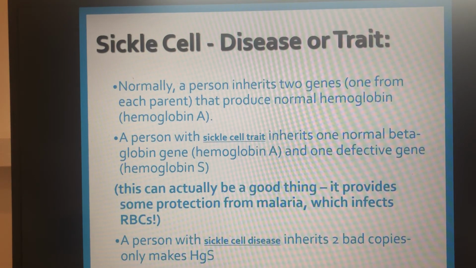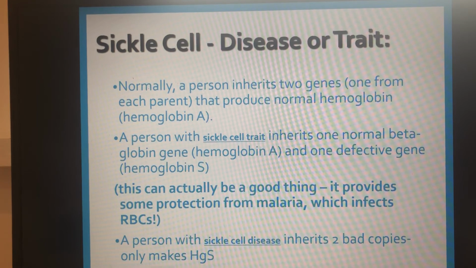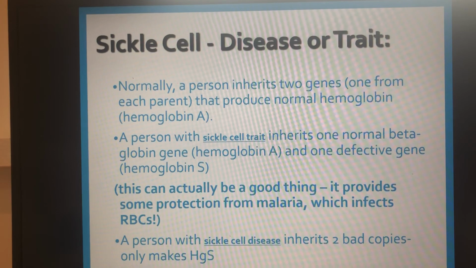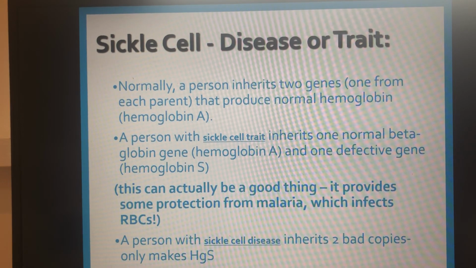A normal person has 2 genes, one from each parent, right? And you get normal hemoglobin. However, a person with the sickle cell trait, basically, if they have the trait, they're going to have 1 normal and 1 defective gene. Now, that is where if you did that worksheet, you realize that's actually a good thing, because that means they have some immunity to malaria. But if a person has both